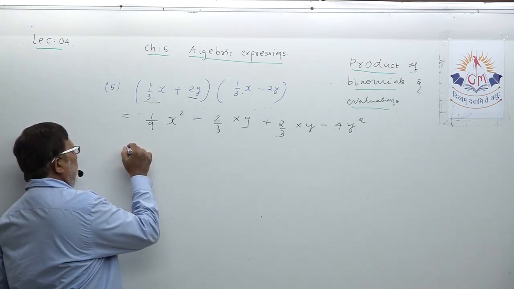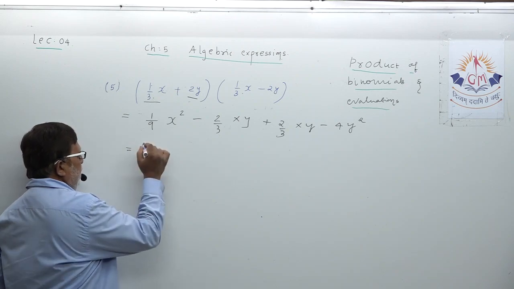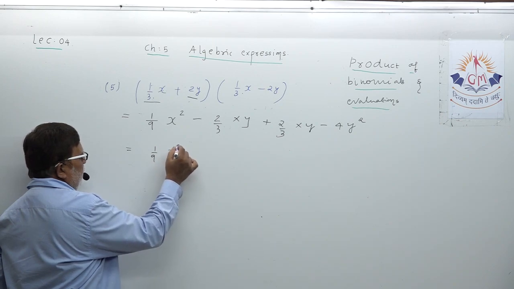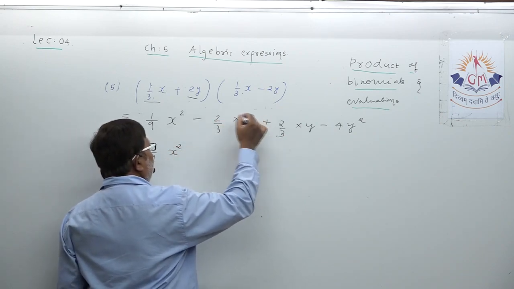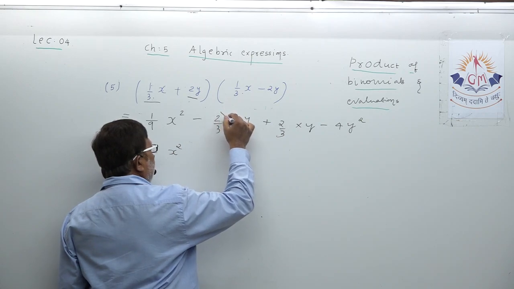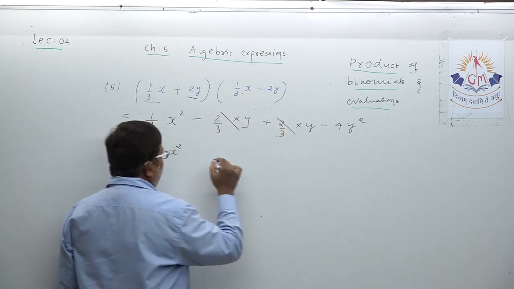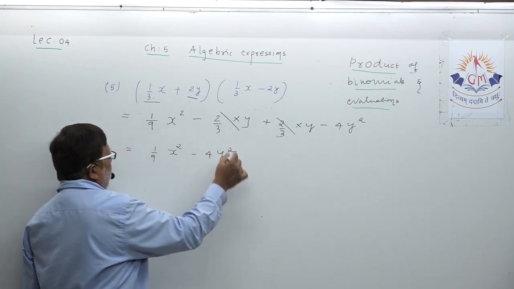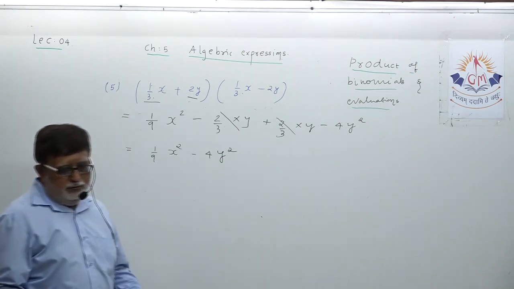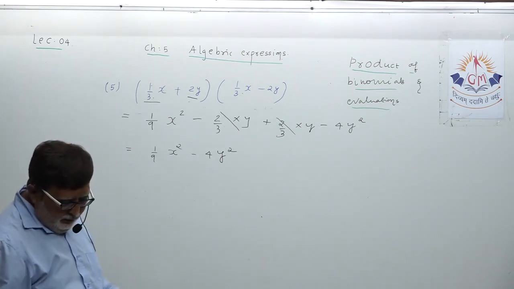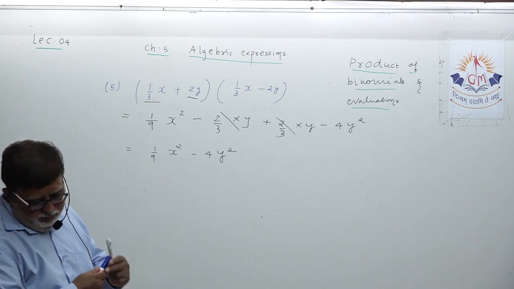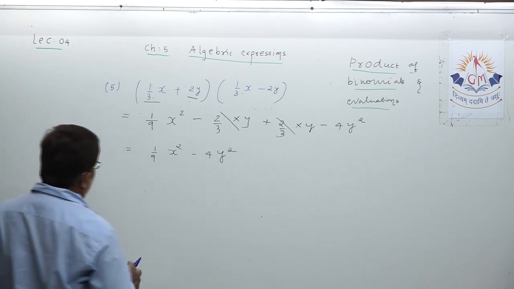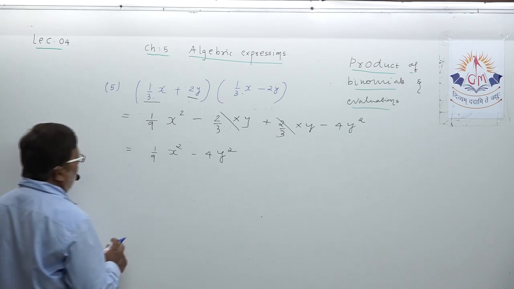let us try to solve like terms. The term containing x square is only 1. These two terms are like terms but totally equal with different signs, so they get cancelled, and at last minus 4y square, the product is over. Understand? The product of two binomials. Okay, let us continue. Is it clear?